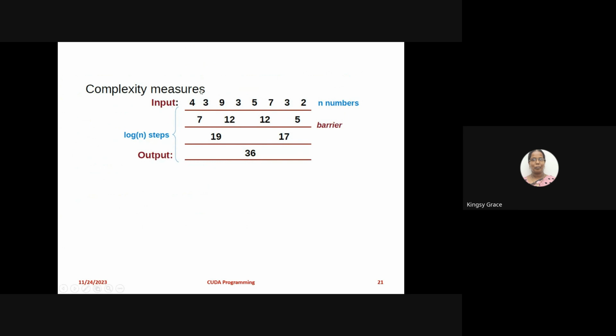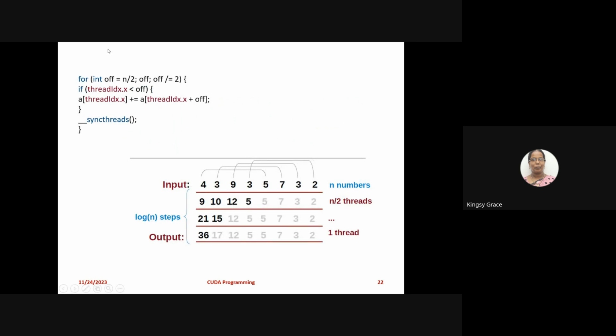So here is one example, and there are some n numbers. When the barrier is set here, what happens is, these two numbers are added and stored, these two are added, these two are added, and these two are added. After that, these two are added, these two are added. At last, the last two numbers have been added. See here, in this particular example,